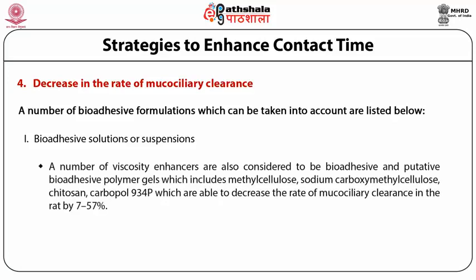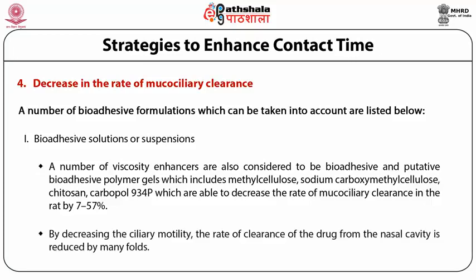A number of viscosity enhancers are considered to be bioadhesive and putative bioadhesive polymer gels, which include methyl cellulose, sodium carboxymethyl cellulose, chitosan, and carbopol 934P, and these are able to decrease the rate of mucociliary clearance in the rat by 5 to 57%. By decreasing the ciliary motility, the rate of clearance of the drug from the nasal cavity is